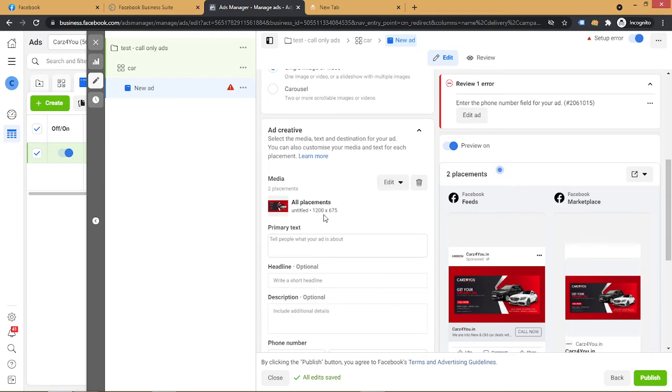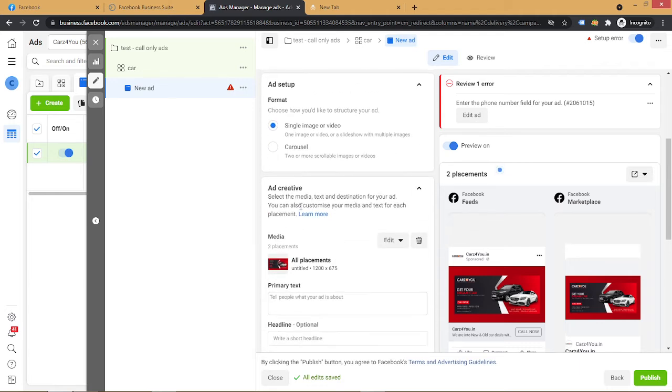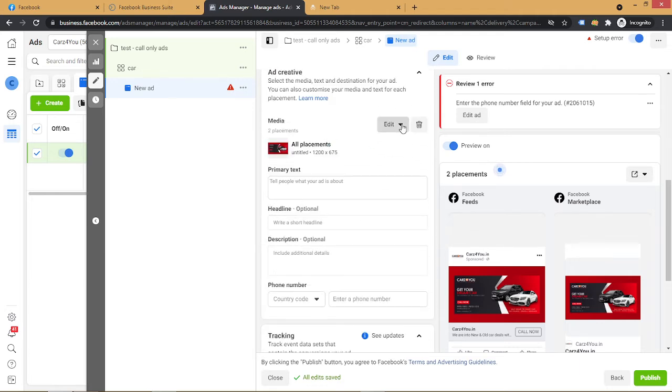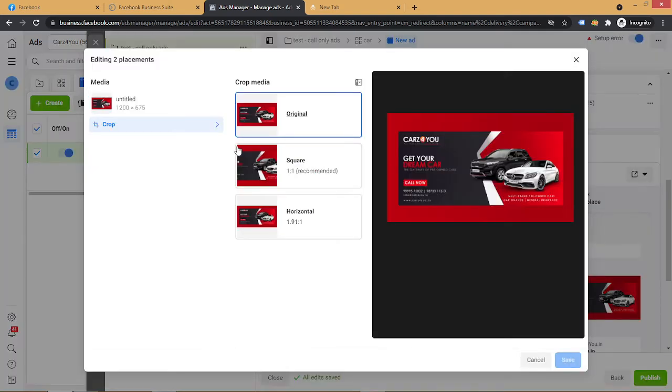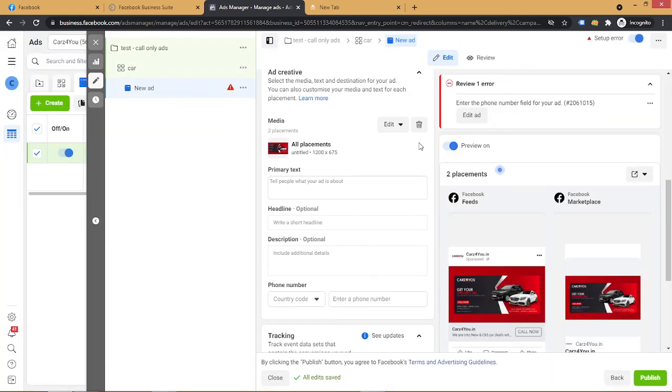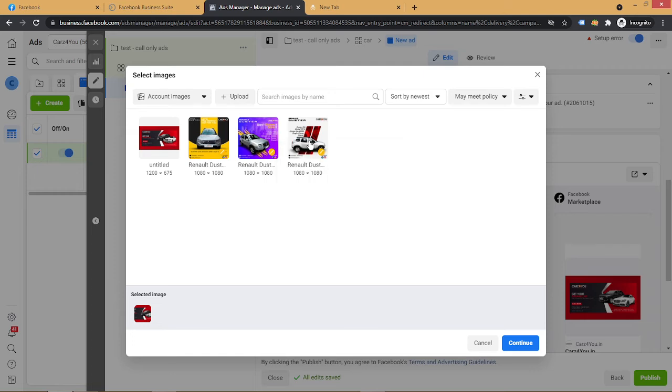Here in single image, I will replace my media, edit media, so I will change my media. These are the previous ad creatives which we were using. The dimension is 1080 by 1080 for Facebook ads.